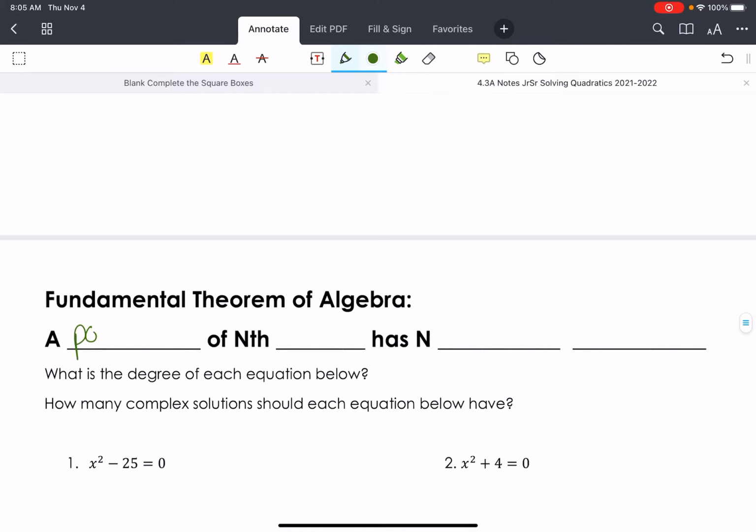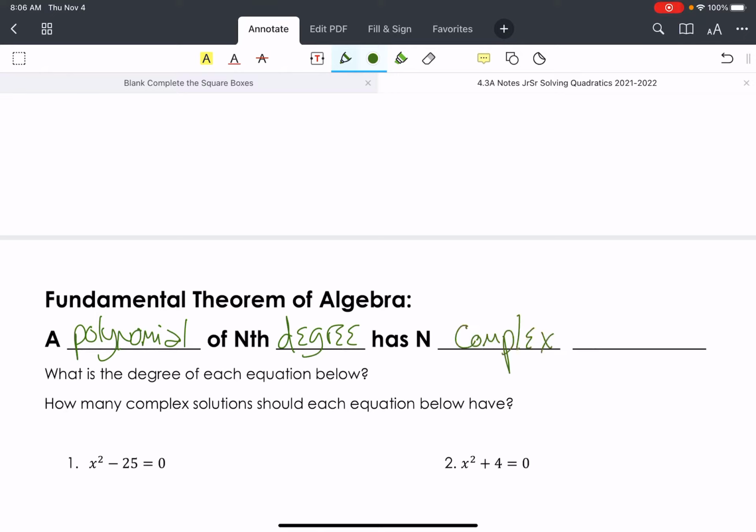A polynomial. Okay, it's just on the second page, I think, right? So a polynomial, remember we learned that like first day of class. Poly means many, nomial means like terms. So it's like any version of these things with lots of terms being added together. Of nth degree. Anybody remember what the word degree means? Come on, guys. The highest exponent, the biggest exponent, okay? Good. So any polynomial of nth degree has n